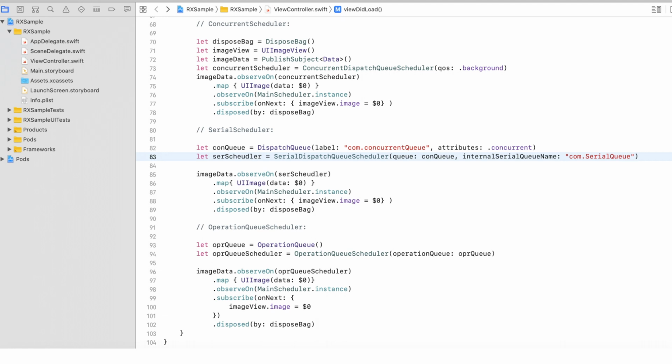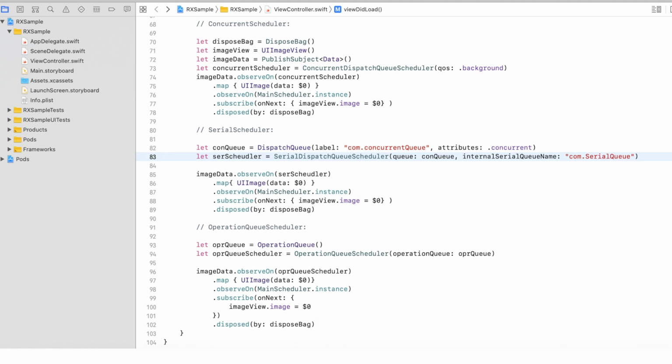Now we have converted that data into UI image format, and we need to set it into the UI image view. As we already know, whenever we deal with a UIKit element, we always do it on the main scheduler. So that's why at line number 76, we are shifting back to the main scheduler. With the help of the subscribe operator, we are setting that image data into our image view only on the main scheduler.